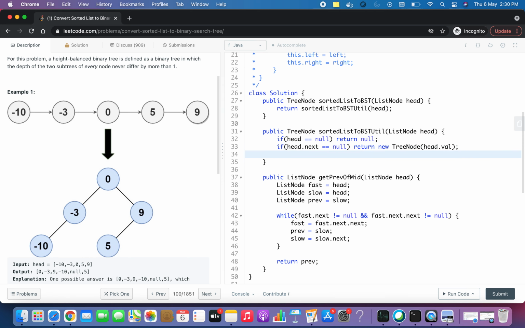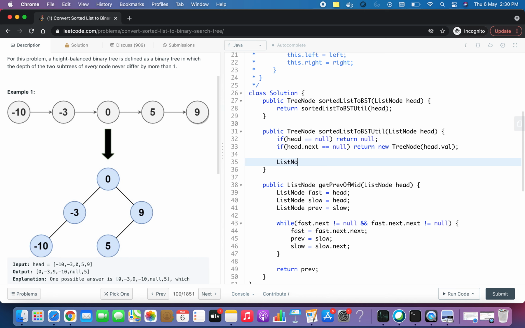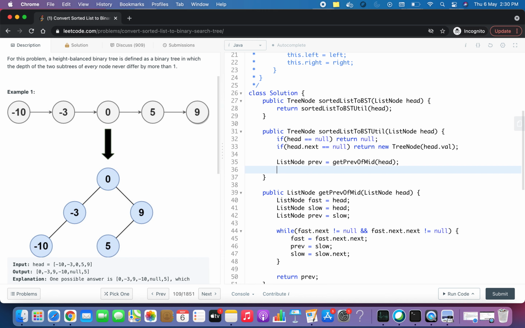Okay, now we'll take a list node, and we'll call this method get previous of mid. Here we'll pass the head of the list. Now you will understand why we are using previous.